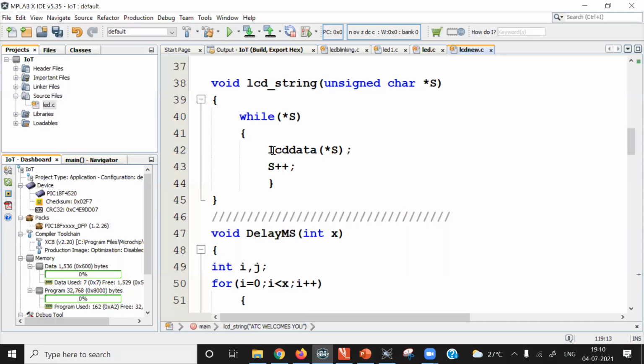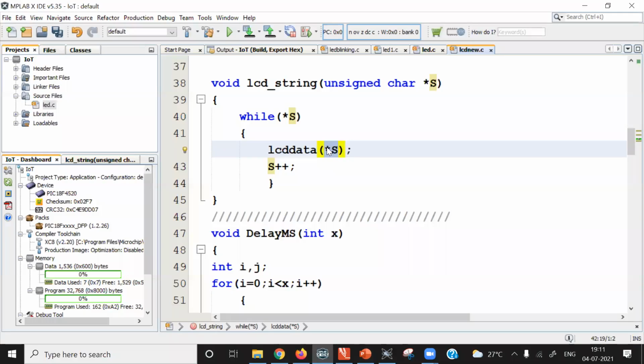Inside the while loop we are calling the LCD data function, and through the LCD data function we can write only one byte at a time to the LCD display. What is our argument to LCD data? The character pointed to by pointer s. The meaning of star s is the character pointed to by pointer s, and the pointer is pointing to the first character, capital A, which is in ASCII format.